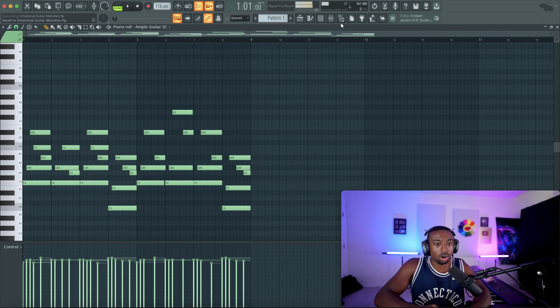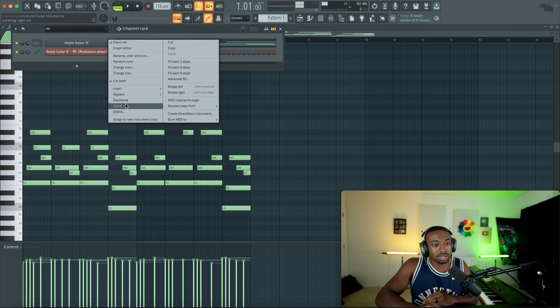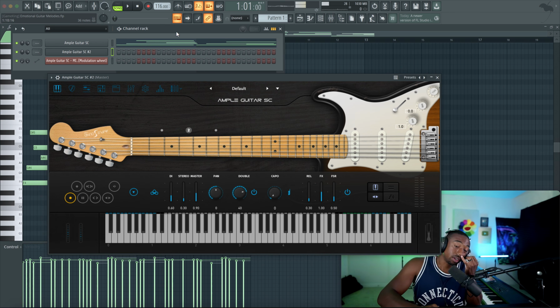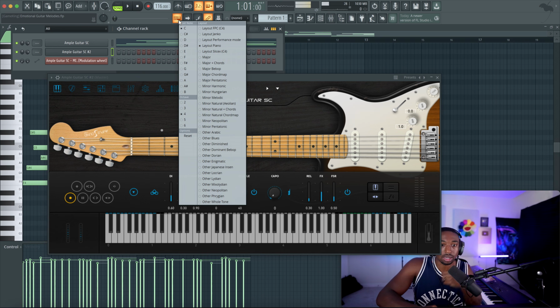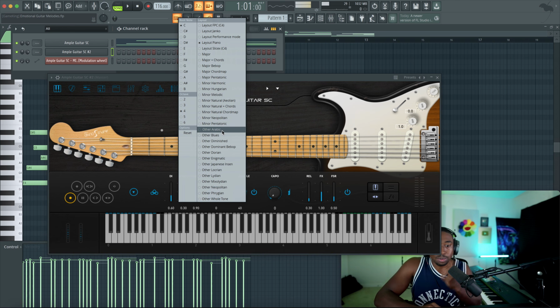Now, let's say you want to freestyle over this, improv over this. Let's clone this guitar, and there are different scales we can use if we right click our typing keyboard to piano. In my opinion, over minor scales, you can use the minor pentatonic, or you could use the blues scale. So let's do both.